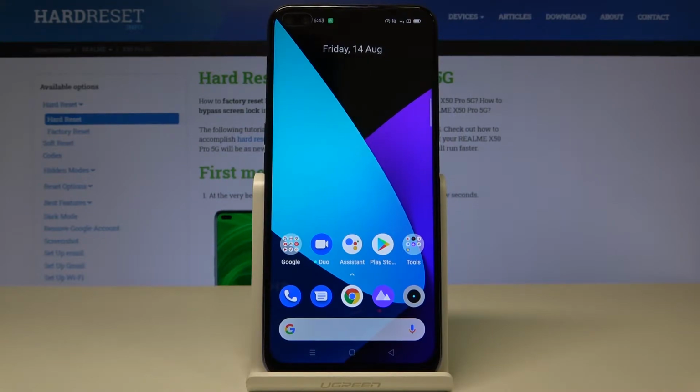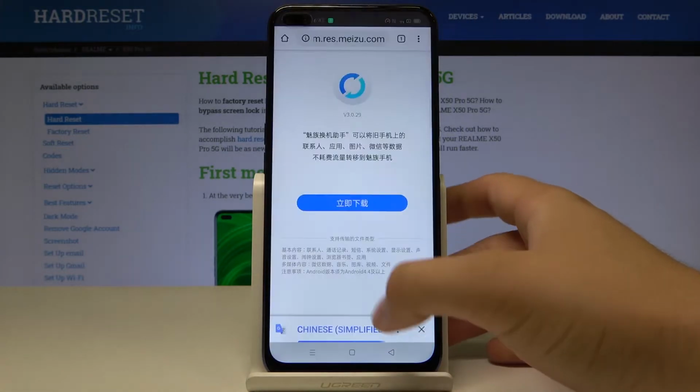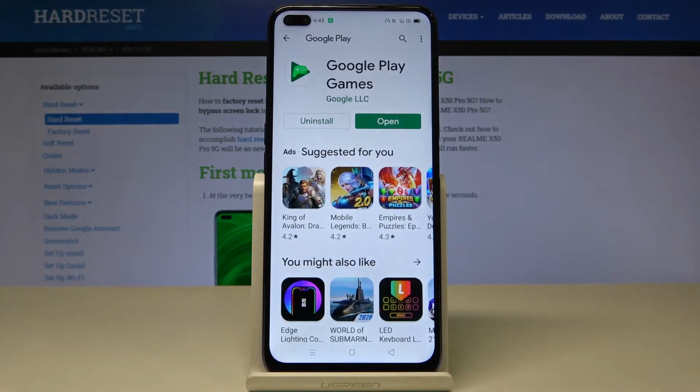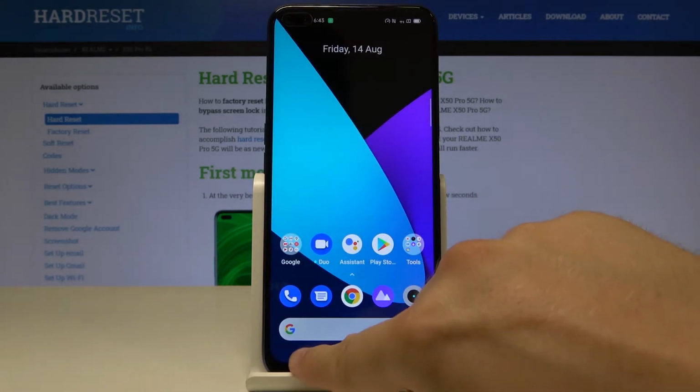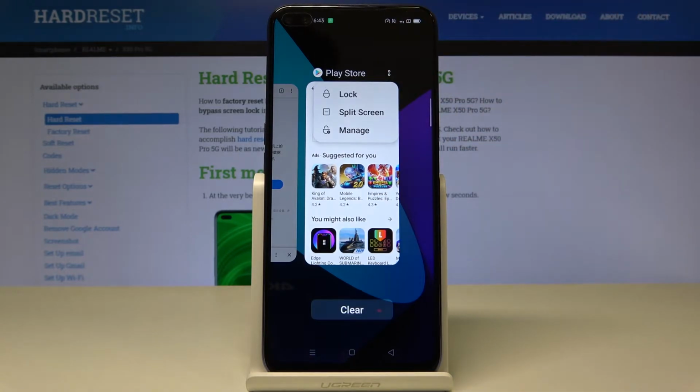Welcome. If you want to use split screen in your Realme X50 Pro, first you have to open the application that you want to use. In my case, I will go for Google Chrome and also the Play Store, and then just tap right here,